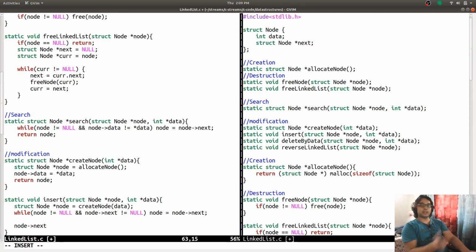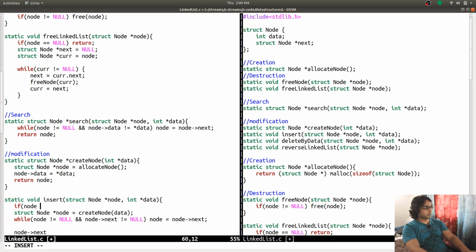We are at the last node right now because the current node is not null, it has a value, but the next node is null. So I have to handle this null case over here.